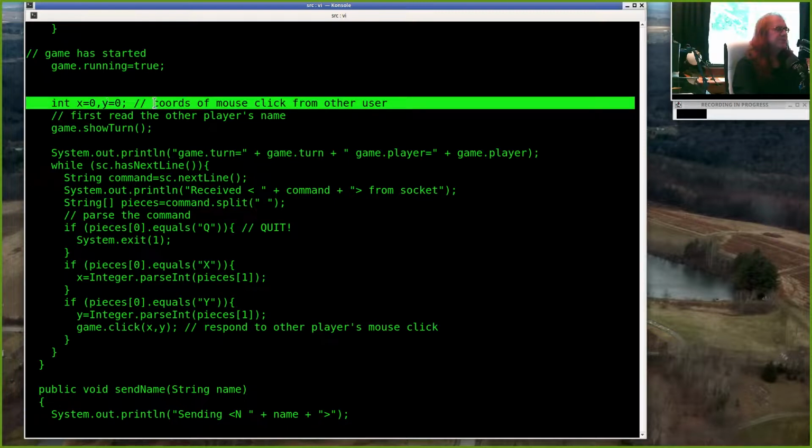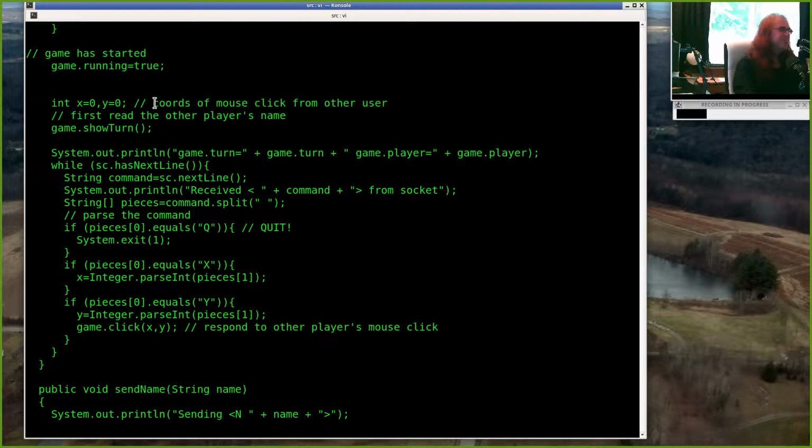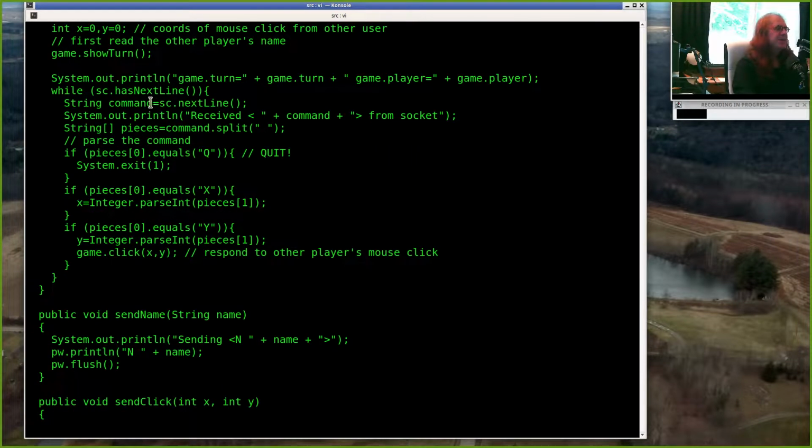I didn't really need to initialize these, but I think it avoided some compiler complaints. And then basically read a line from the socket, split it up into pieces. So my commands came in as either the letter Q, which we looked at, just go ahead and do an exit, or it's an X followed by an X coordinate, or it's a Y followed by a Y coordinate. So if it's X, set X equal to %. If it's a Y, set Y equal to %. And once I get the Y coordinate, I go ahead and I call click, and that does the mouse click